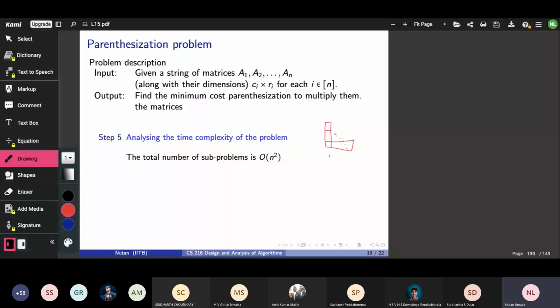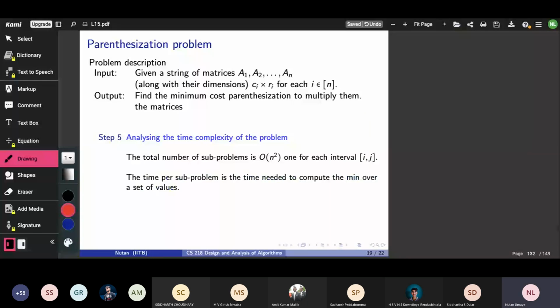So this table consists of n entries over here and n entries over here. And this is of the order of n choose 2 actually. N choose 2 many entries are over here. So that's order of n squared. So the total number of subproblems we will look at in order to finally fill this value is O of n squared, one for each interval ij.